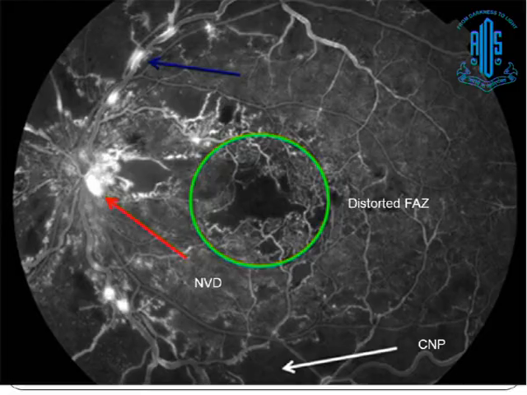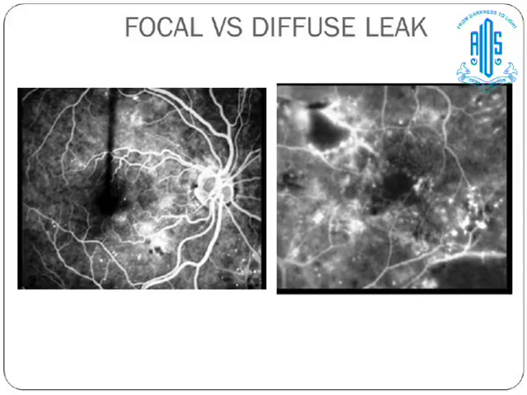Now, in diabetic retinopathy, in this patient, we can see the fundus is grossly distorted with NVD, with leak in the region of the disc and peripheral capillary non-perfusion areas. And focal versus diffuse leak. In focal leak, we can see focal areas of leak. And in diffuse leak, there is a generalized RPE dysfunction and generalized leakage from the entire capillary bed. Because the treatment in focal leak is laser, but in diffuse leak, the treatment is pharmacotherapy,